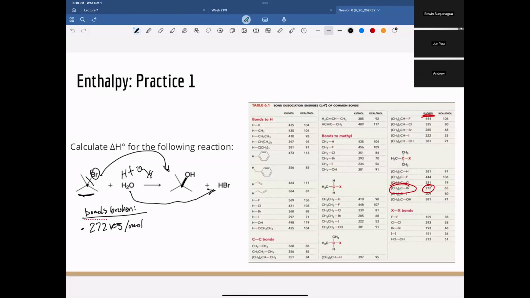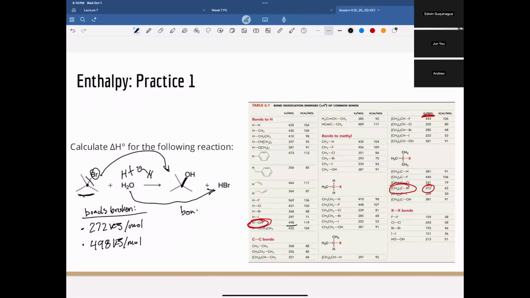That's one of them. There's also another one that's broken. H2O, the hydrogen is broken off the oxygen. And we can see that over here. I circled it. And this value is 498. Cool. Okay, so now that we've identified all the bonds that are broken, we're going to identify the bonds that